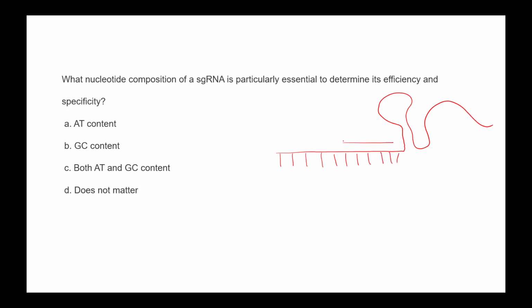So here, towards the PAM sequence, right? Suppose here you have the PAM sequence. So near the PAM sequence, this particular 3' end of this guide RNA, which is called the seed segment, should be GC rich,